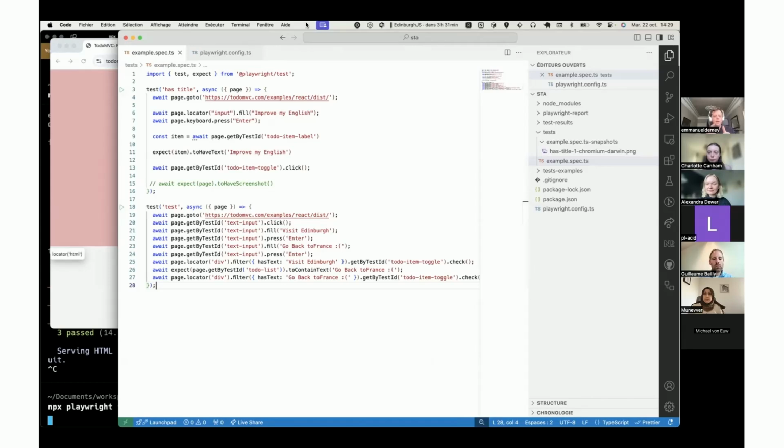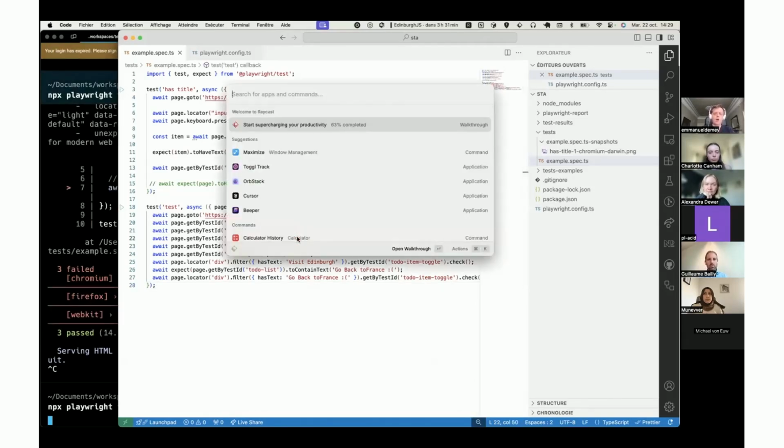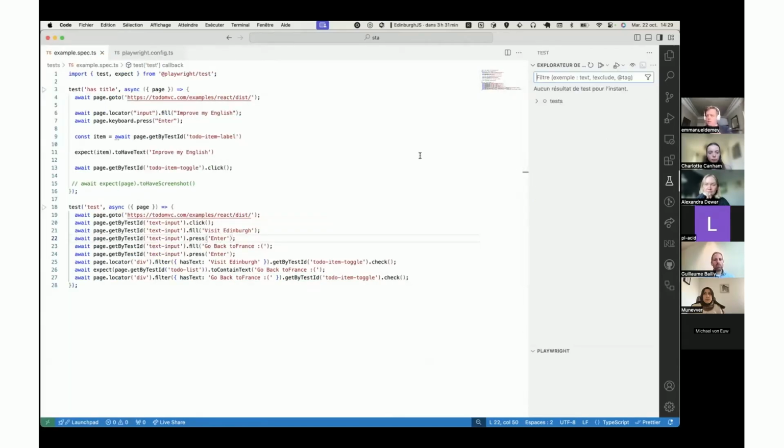So we can see we can run our test in headless mode with a browser. We can test my application on multiple browsers at the same time. We can manipulate a page, and we have a tool that we can use to generate my test. And in fact, if you are a VS Code user, we also have an extension that will make our life